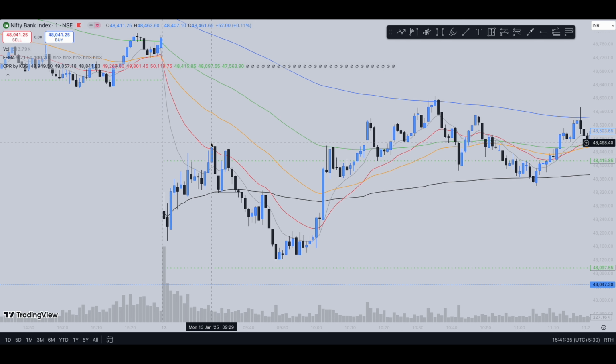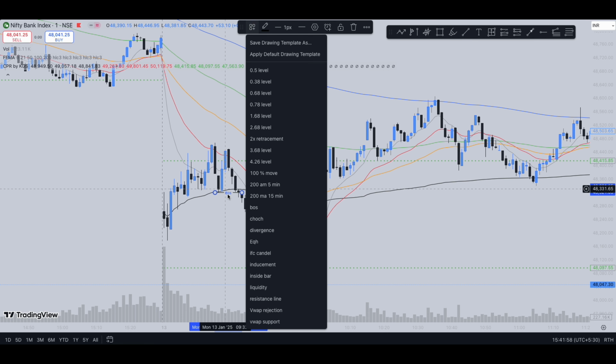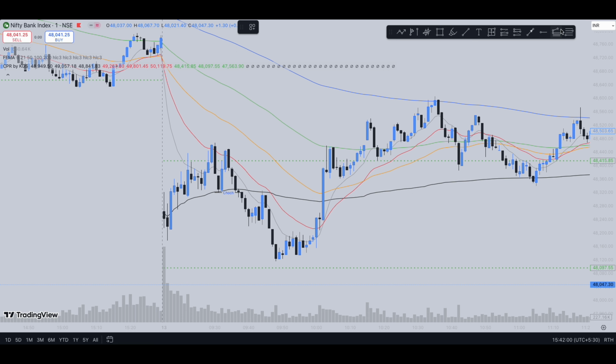You can see the price retraced all the way up towards the 21 moving average, and here the price showed some kind of rejection, and again it retraced back here, took support from this VWAP, but here again it faced moving average rejection and it broke structure towards the downside, forming a clear breakout structure, or you can call it a CHoCH. And this supply